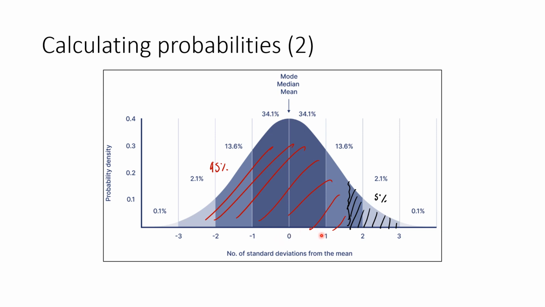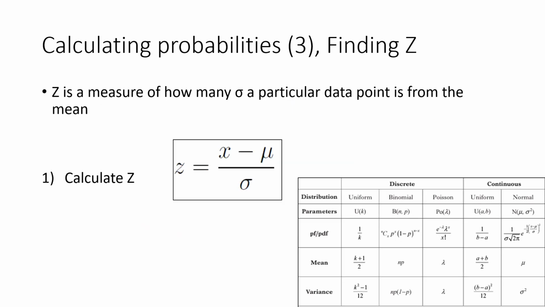Well, they are a number of standard deviations from the mean. So this is 0 times root 26 away, so this is 0, so the average mark here will be 66. This is 66 plus root 26 because this is 1 standard deviation away, and this is 2 standard deviations away, and so on. One way to figure out the probability is by using a z-value, and z is a measure